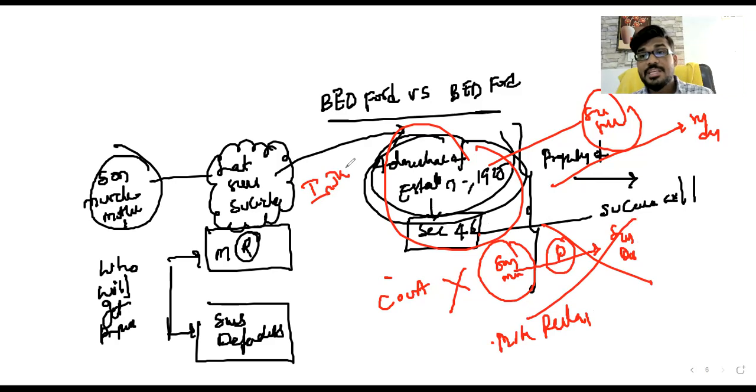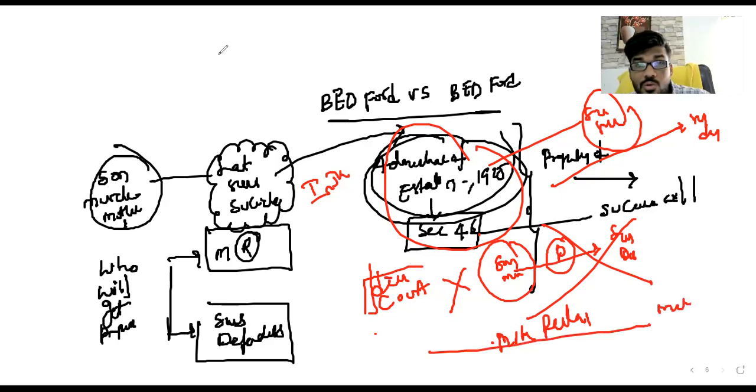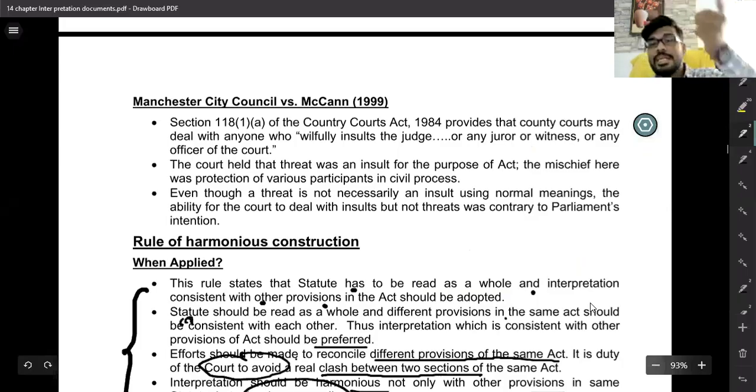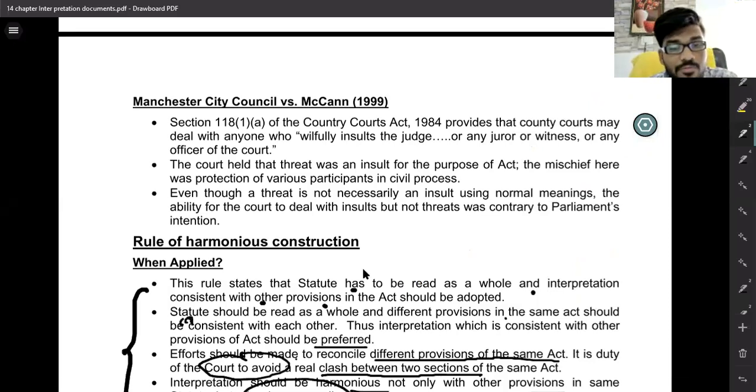Again, you are giving it like this, is there an injustice or not? For the purpose of property only, the son murdered the mother. That is the reason why the law can be inconsistent. There is an injustice. The law can give a decision. What decision can the law give? Yes, since the son murdered the mother for the property, the property cannot transfer to the son's dependents; the property can transfer to the mother's relatives. Like that, there is the golden rule of interpretation. This is the golden rule, sir. Where ambiguity or injustice is there, the court redefines it. That is nothing but the golden rule of interpretation.